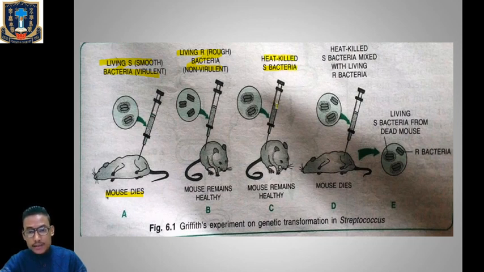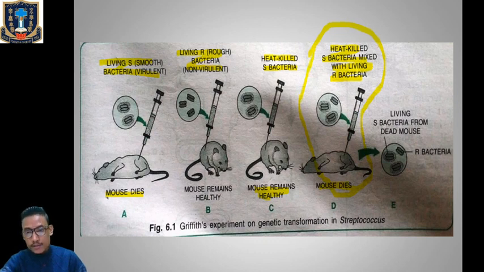When it was injected into the body of the mouse, it remained healthy. And in the next one, he injected the mixture of heat-killed S strain bacteria and live R bacteria, and when he injected this mixture into the body of the mice, it suffered from pneumonia and died. Okay, so here comes the main conclusion part of the experiment, that somehow the R strain was transformed into the